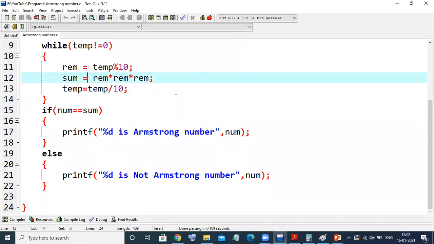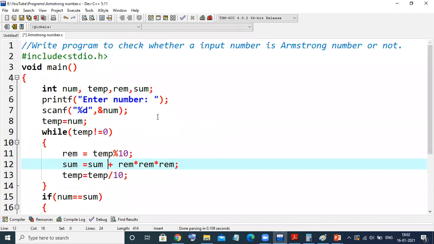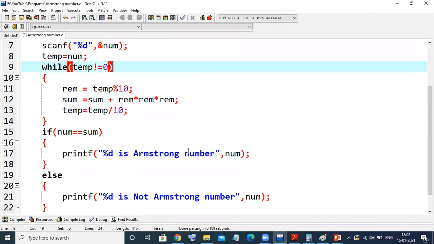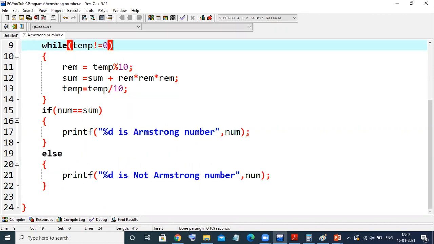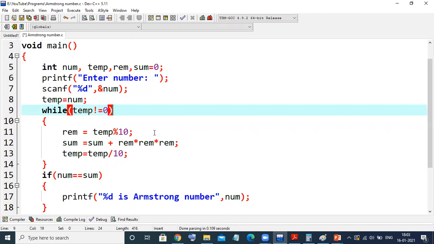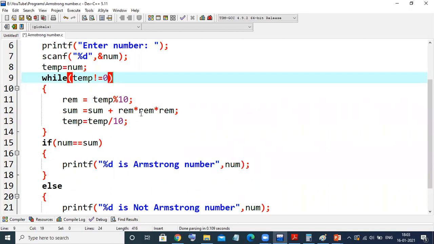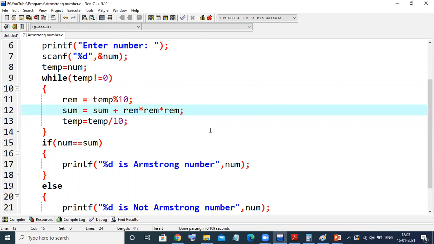Okay. Here I need to use, because we need to add to that sum again. So sum plus, that is what we are missing here. So here we need to initialize with what? 0. Extremely sorry. So it's not fetching the details right, and the result is not proper. That is the reason why even though we are entering 370, it is coming to the else block only. Because every number we need to add to the sum variable. Okay, so I forgot to write this sum.